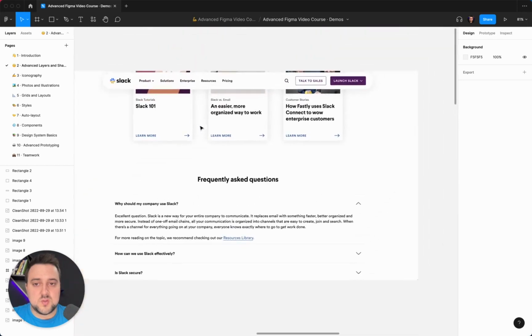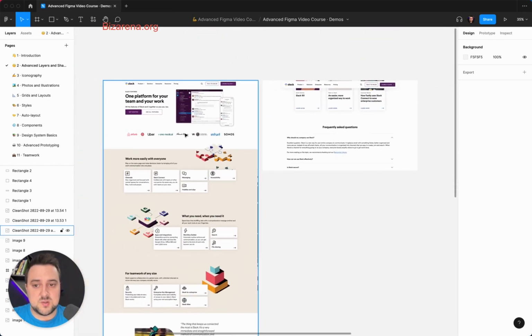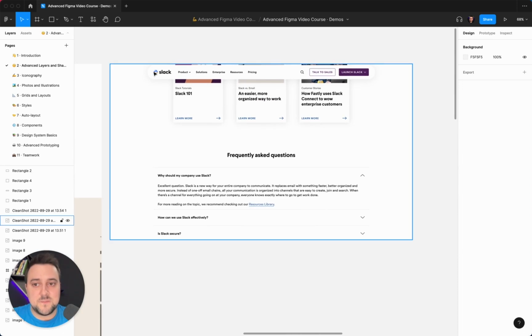What I wanted to also show you is that when we're designing, we're also supposed to think about different states. So if someone scrolls down, what happens to navigation? Slack decided to have the navigation as some kind of a floating element on the top that becomes rounded, and it casts a shadow over everything else to give you a hint of that element being over everything else. It's kind of on the top part of the